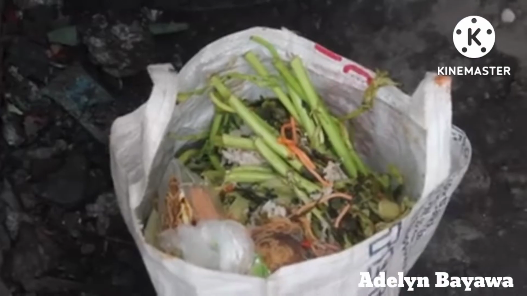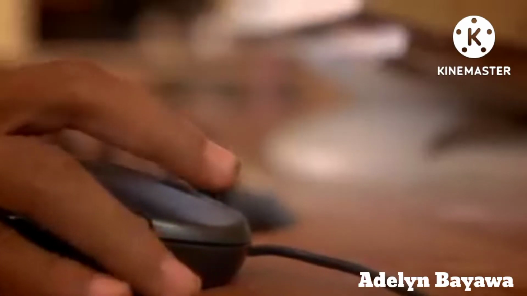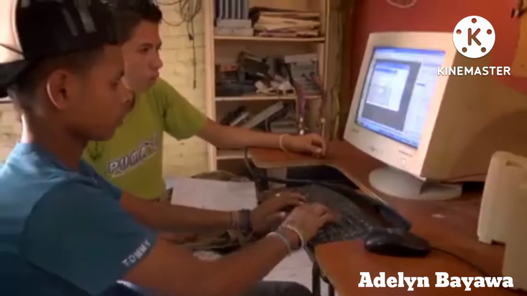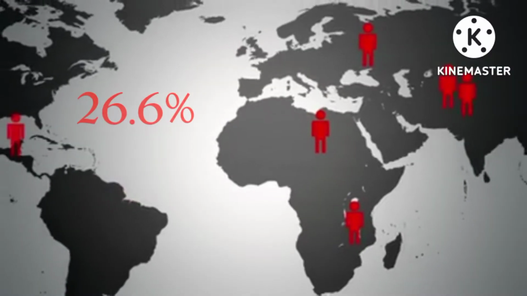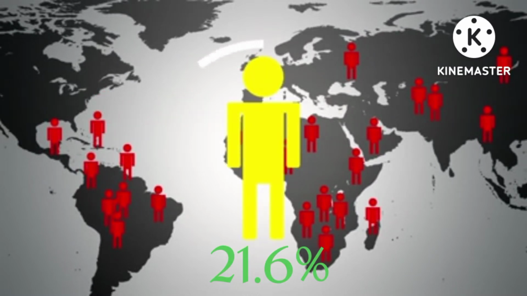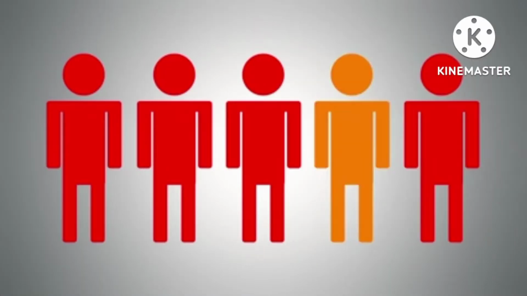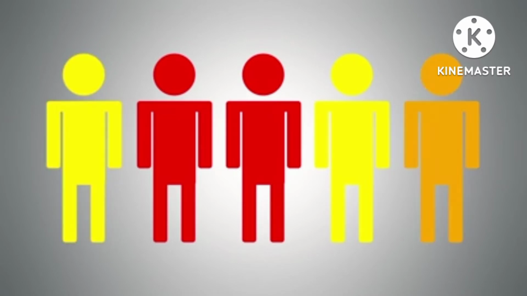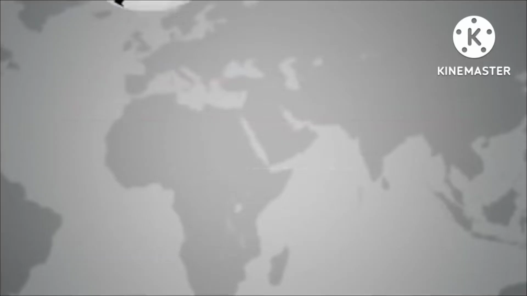Its manifestations include hunger and malnutrition, limited access to education and other basic services, social discrimination and exclusion, as well as lack of participation in decision-making. From 26.6% in 2006 to 21.6% in 2015, such a decrease in numbers is also a result of the expansion of job opportunities outside the agriculture sector. The Filipino government has a goal to reduce poverty from 13 to 15% by 2022.